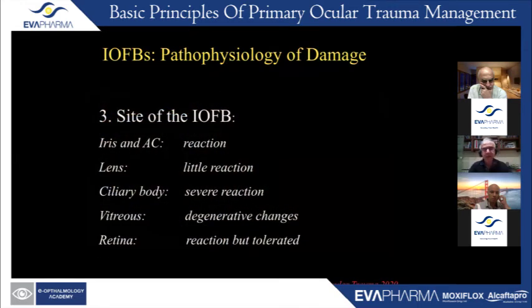What about the site of the foreign body? The site will also affect the reaction of the eye. Some tissues are more prone to incite a reaction, like the iris or the anterior chamber. The ciliary body can cause a severe reaction, whereas in the lens, the reaction is quite little. In the vitreous, it will slowly decompose and cause degenerative changes. If the foreign body is impacting the retina, there is a reaction, but it can